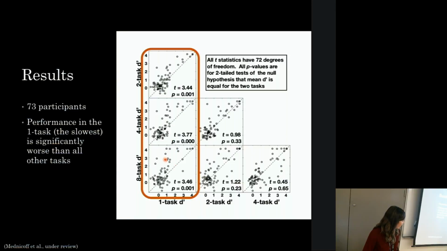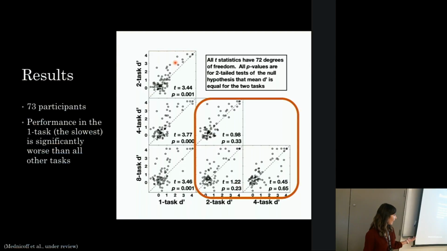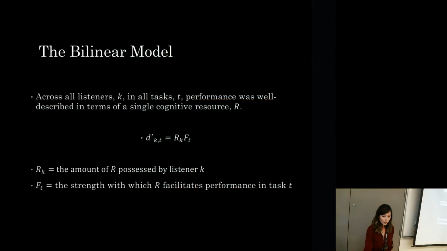However, these intermediate listeners perform a little bit better in the 8 task than, say, the 1 task, as you can see here as well. But if you look at, say, comparing the 2, 4, and the 8 tasks, this intermediate group of listeners do follow along the dotted line a little bit more closely, and therefore these tasks are a little bit more equal in difficulty. So our data can be described using the same bilinear model as in Dean and Chubb in 2017,